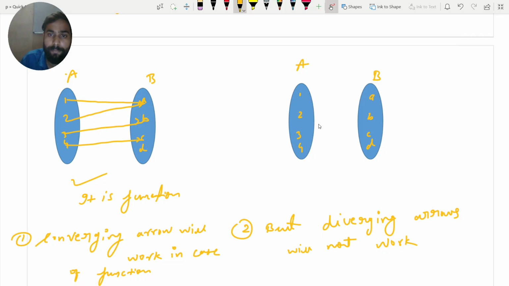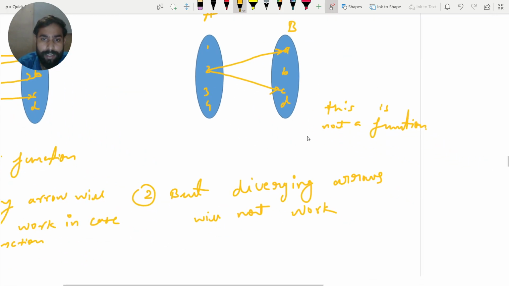For example, an element of set A has an image on 2. Similarly, 2 has an image on C. These are diverging arrows. So this is not a function. Got it? Now we move to the next slide.